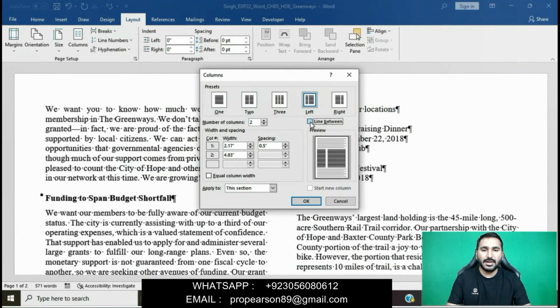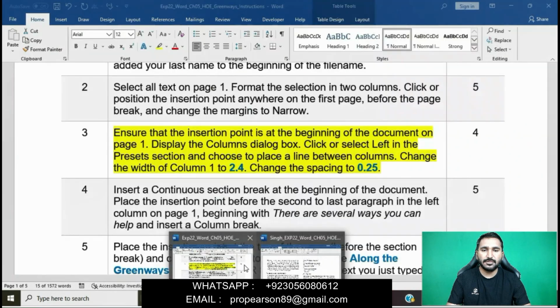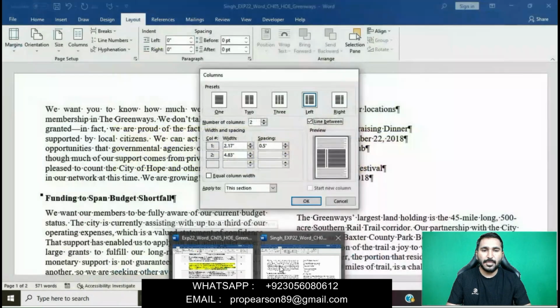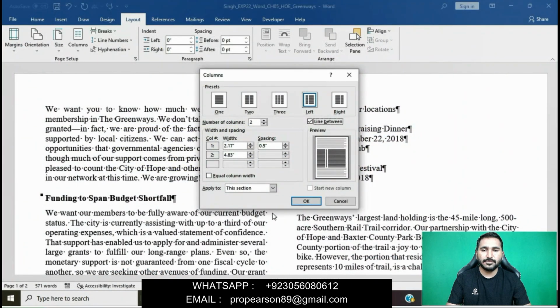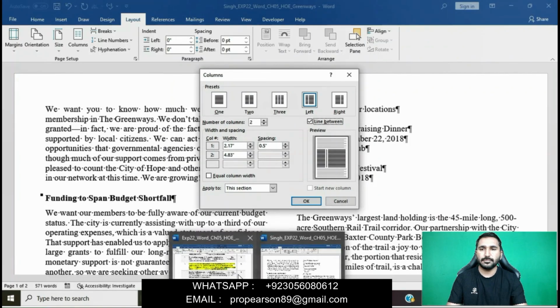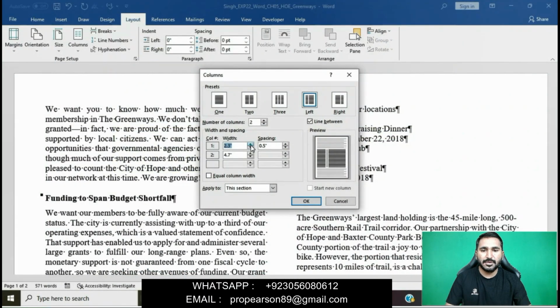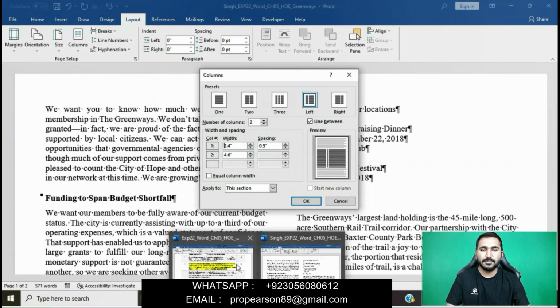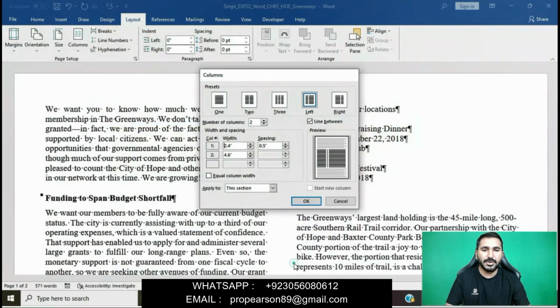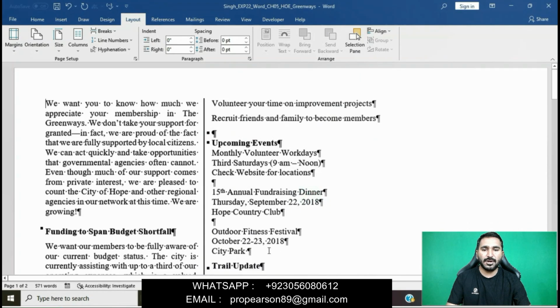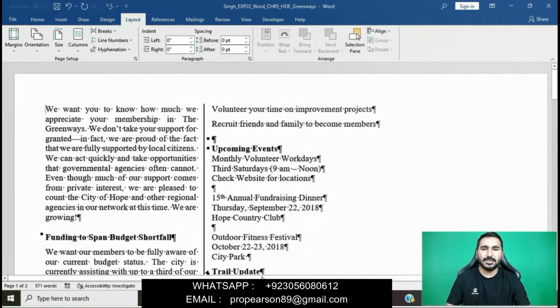Line between, width 2.4. Change the spacing to 0.25. Okay, spacing is 0.25.